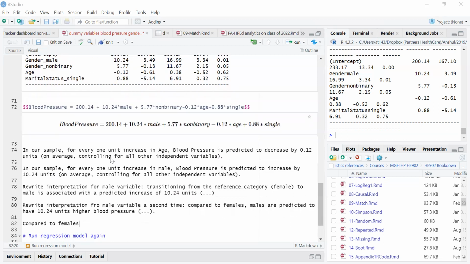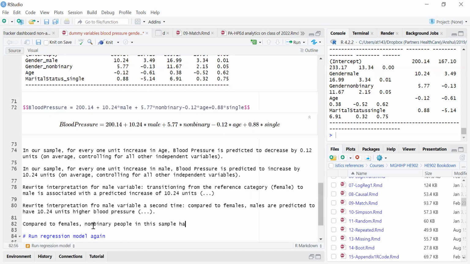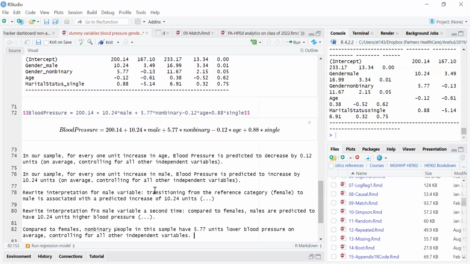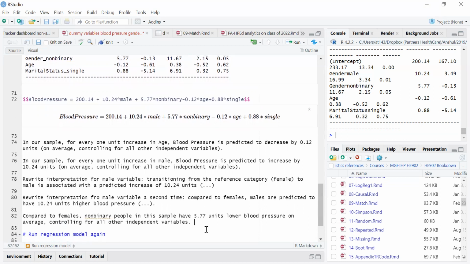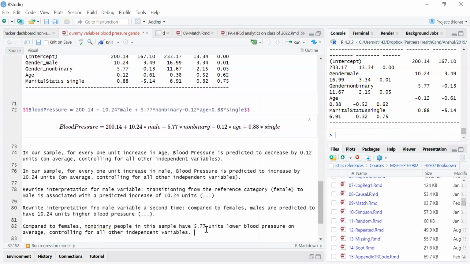All right, so let's go back to our interpretation. That was a bit of a side note. So compared to females, non-binary people in this sample have 5.77 units lower blood pressure on average, controlling for all other independent variables, meaning age, marital status. Yeah, and that's it. Great. So that's how we would interpret the result for non-binary people. And then for good measure, we have one more